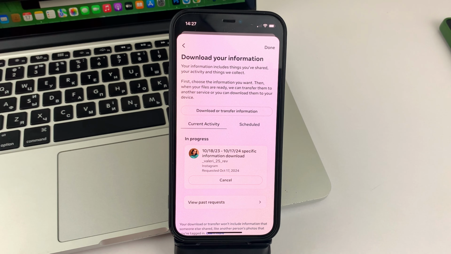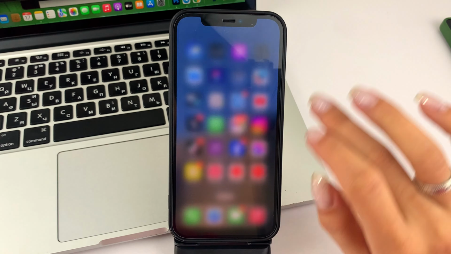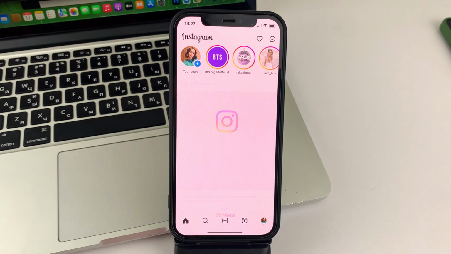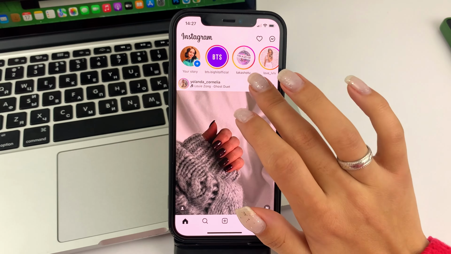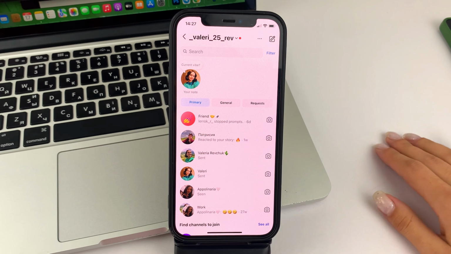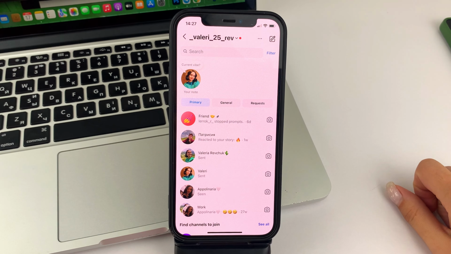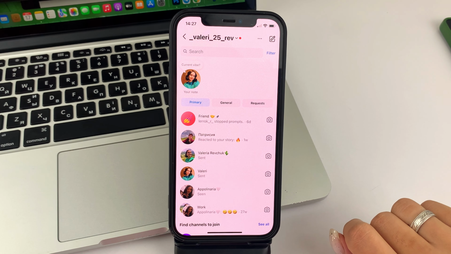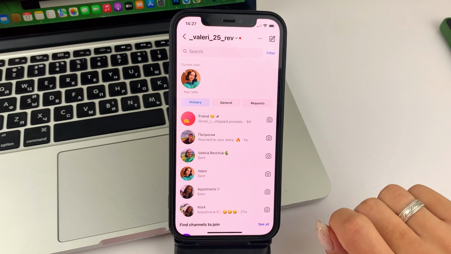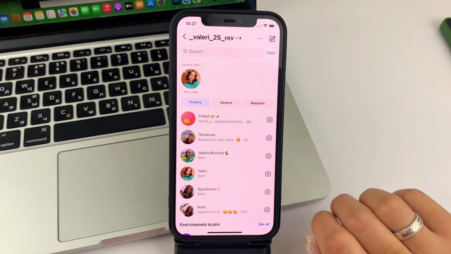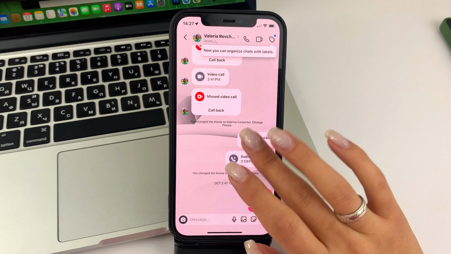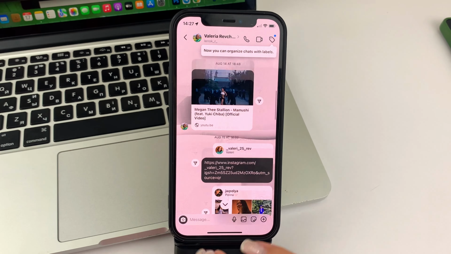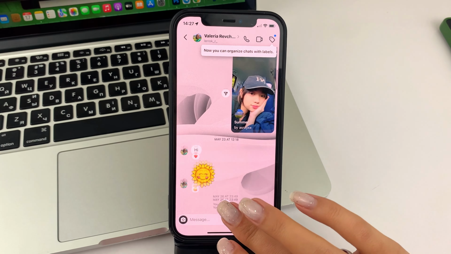So let's go ahead and get into this topic, friends. Now I'm going to show you step by step how you can do it. First of all, please open the Instagram app on your device. And then you'll need to go to the conversation section if you would like to check the history of one particular chat. For this, you can simply go to your chats. Here you can open any of your chats, and you can swipe up or down to find the message you want to see.